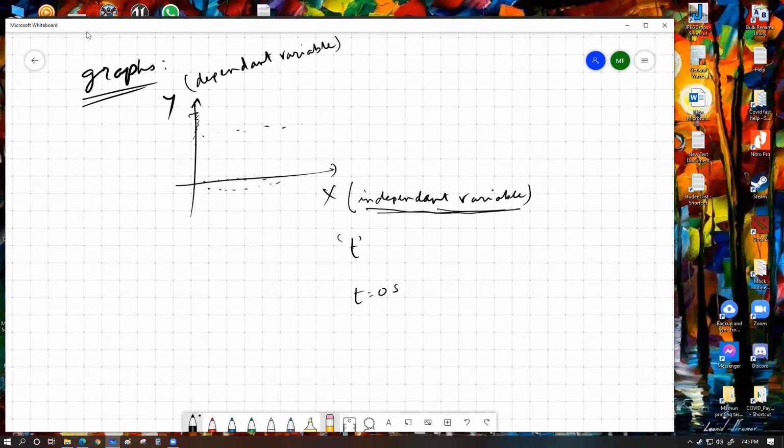For example, a simple example: if we have a hot object, let's say the temperature of the room is 25 degrees Celsius, and you have a hot object that you took out of an oven or a heat source, with a temperature of 80 degrees Celsius. If you keep it in contact with the atmosphere and try to measure the temperature of the object over time, you're going to see it fall from 80 degrees Celsius. In this case, y can be theta in degrees Celsius, and time can be given in, let's say, minutes,